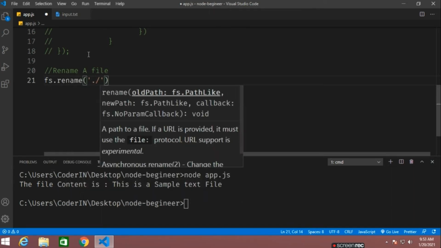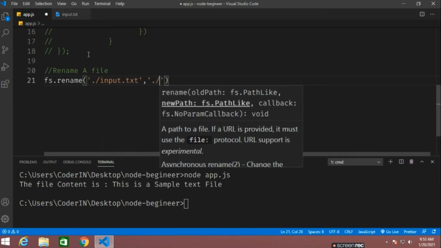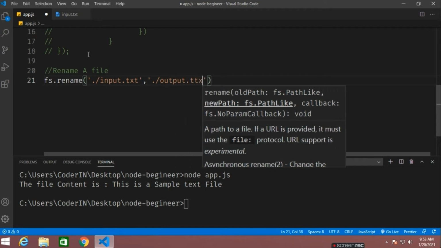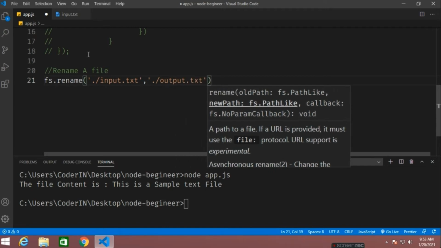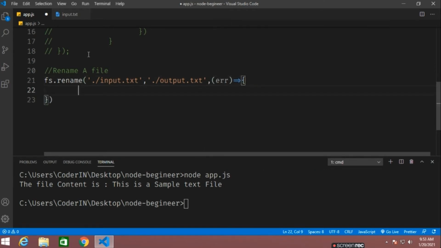What file we are going to rename, that is input.txt. To what we are going to rename, in this case I'll be using output.txt, input, output matches, and it will take a callback function with error. If there is any error, it will show me that error. Else, it will give you a message that your file has been successfully renamed.